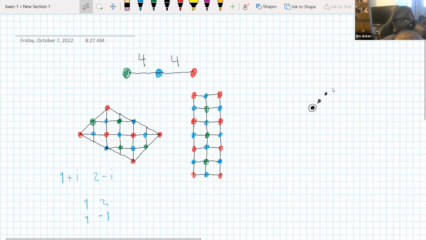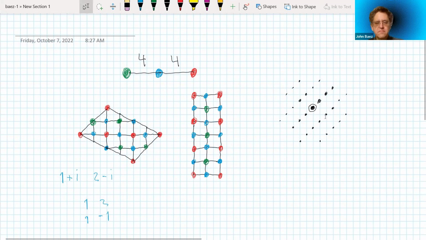Yeah, maybe that's my origin there. So that's in the period lattice, and then this stuff is in the period lattice. Is that right? Yep, looks good. So it kind of looks like that. Okay, and now I'm going to rotate that period lattice by 90 degrees. And so what do I get when I rotate that by 90 degrees? I get something like